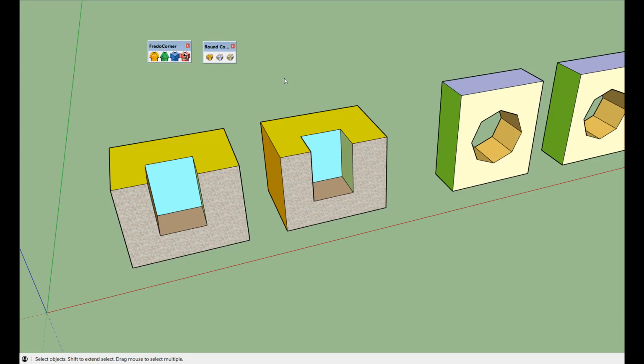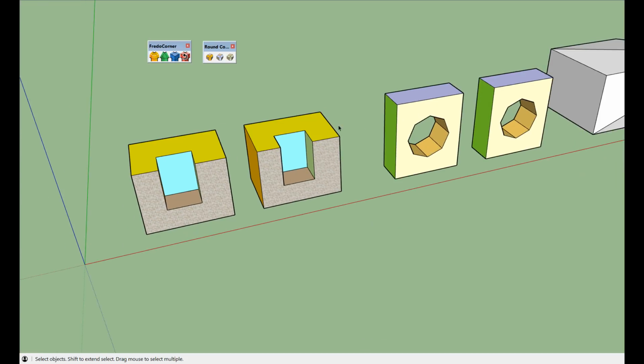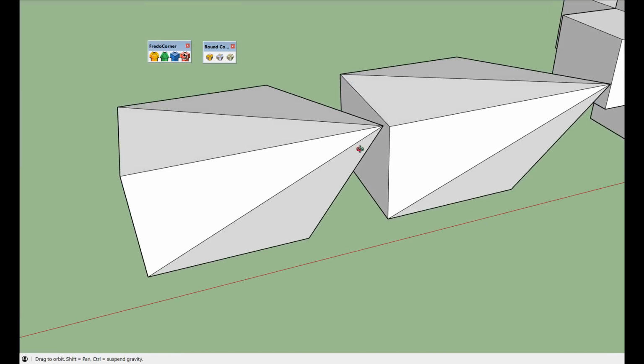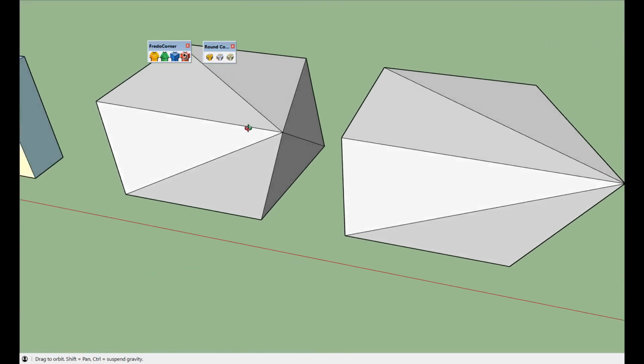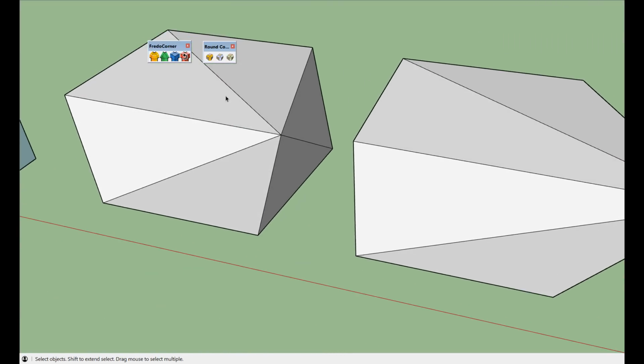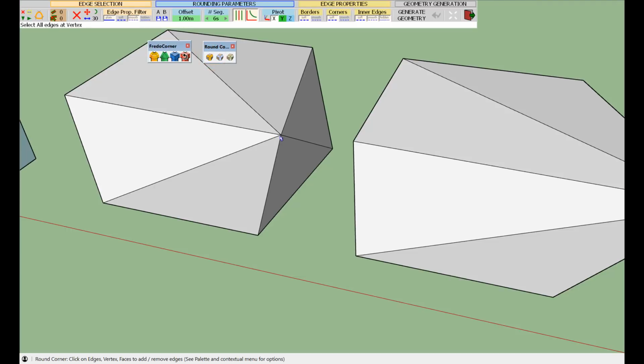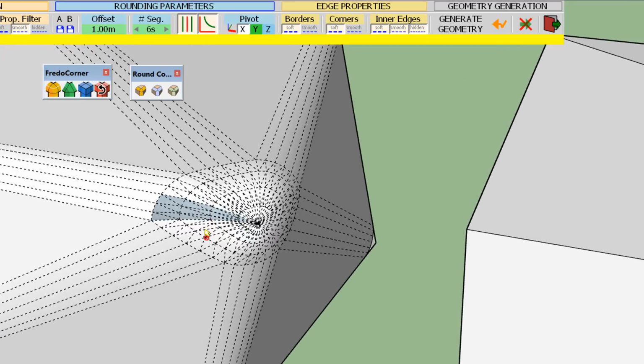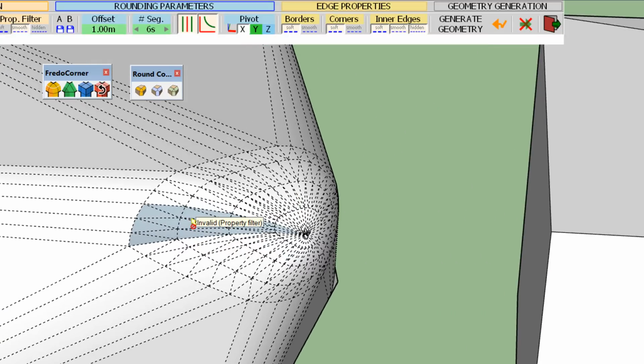Fredo Corner can also handle more types of corners. So let's take this more complex corner with 6 edges. So with round corner, you obtain this on top of a small problem with reversed faces.